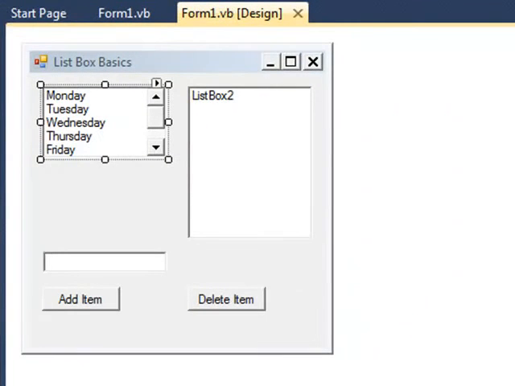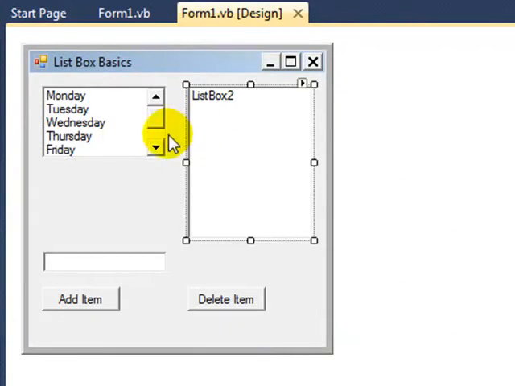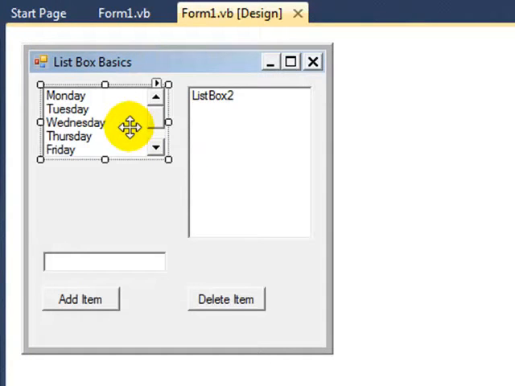In this tutorial, we're going to look at Visual Basic's listbox control. As we can see on our form here, we've got listbox 1 and listbox 2. Now I've deliberately made them different sizes because you can see over here in listbox 1, when we've added the 7 days of the week, which, like a combo box, if you click this little arrowhead in the top right